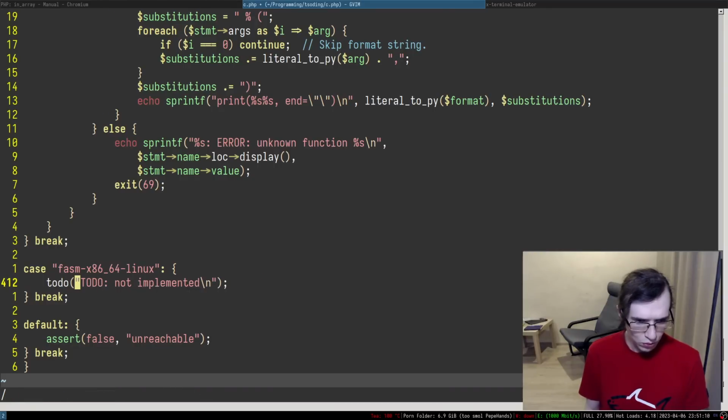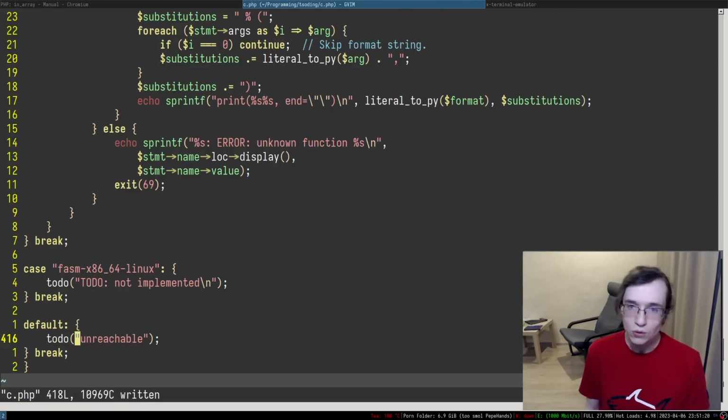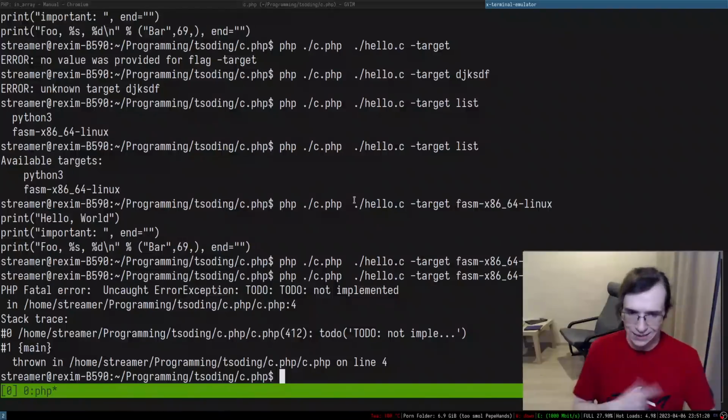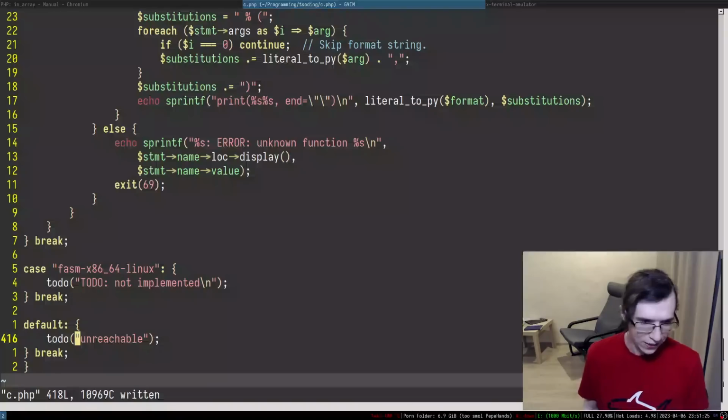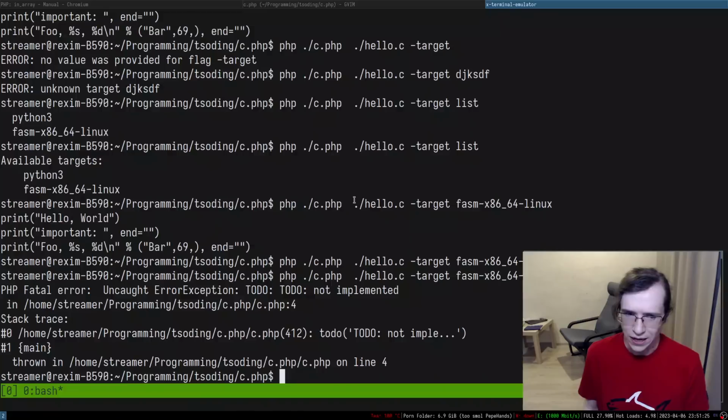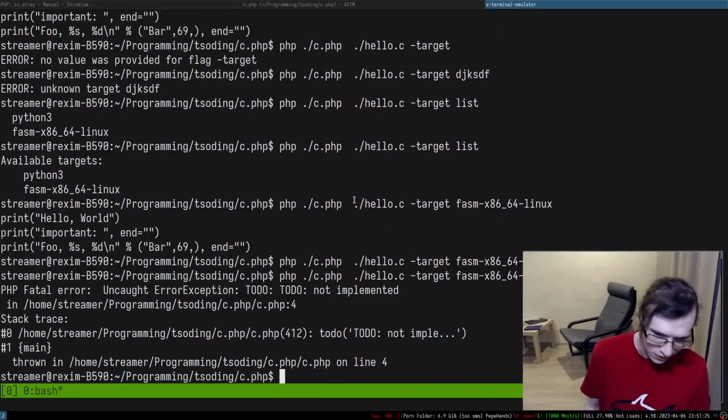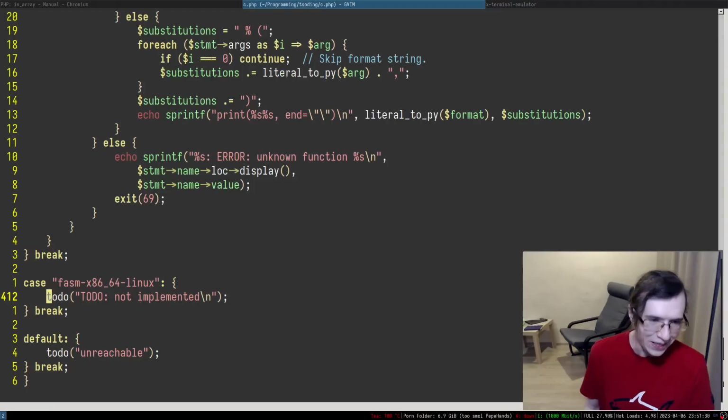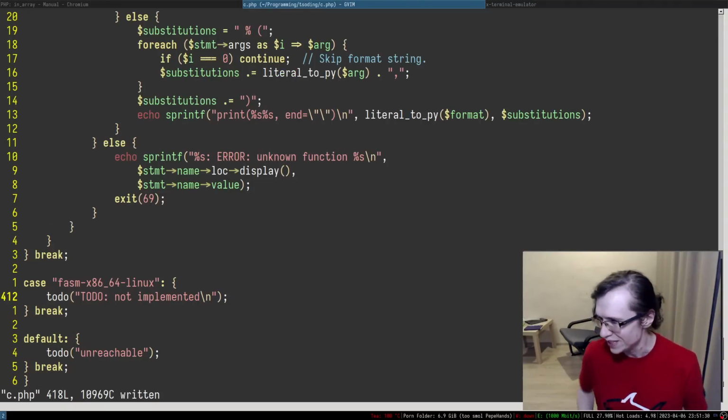So this is going to be to do. I'm going to put it like this. To do. Yep. So this one is unreachable. Yes. That's what I'm talking about. So at the line 4, this is the wrong line. The stack traces in PHP are insane. There we go. So as you can see, this thing is unimplemented.